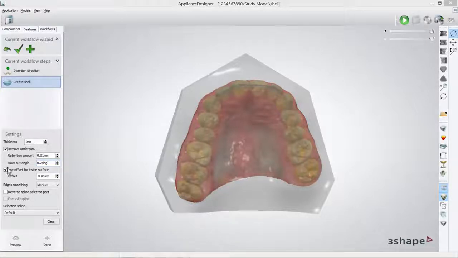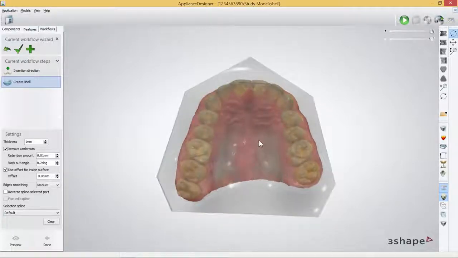And for the offset, here you can choose how big you want the offset to be. The edges, you can choose also how rigid you want the edge to be. I will go more into details once I've designed the shell.